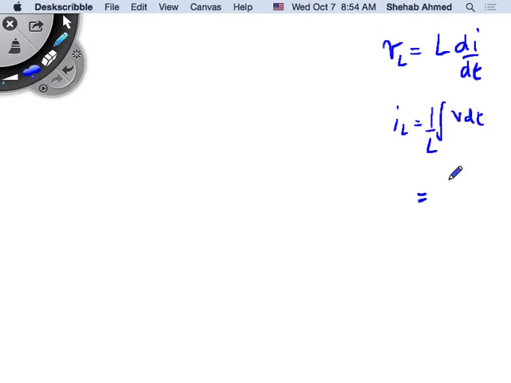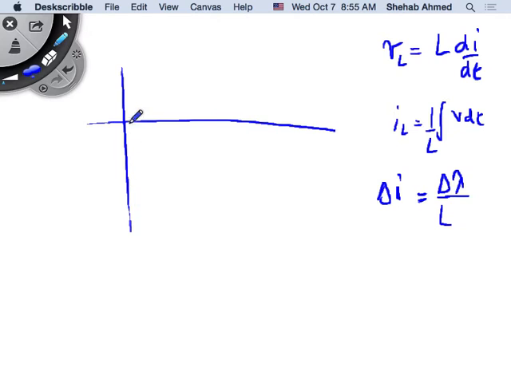So the integration of voltage in this case is actually the flux linkage. That's the flux that's linking the coils. So that's my delta lambda. Instead of delta Q, I say delta lambda. It's where the energy is being stored, how the energy is being stored. And then this is my delta I. So we said that the function of an inductor is always to maintain a certain ripple current. So if I give you a voltage across an inductor looking like this, I'll give you the same, because again,